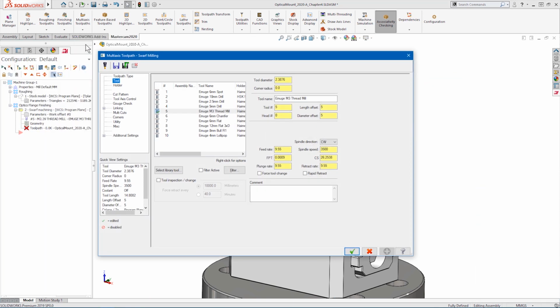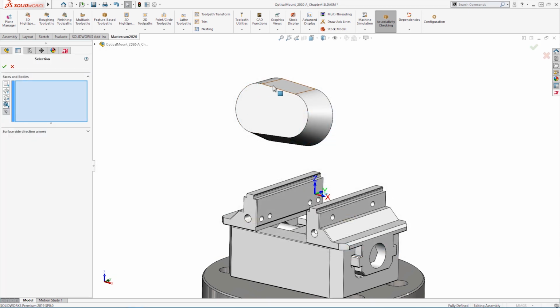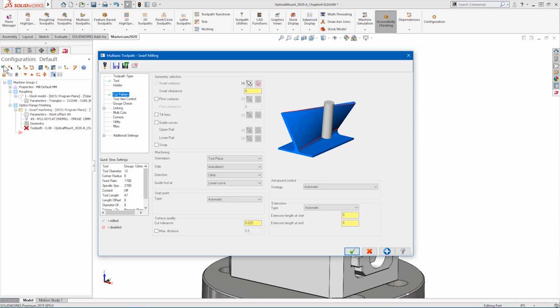First, we will open our Swarf toolpath and select a tool with a long enough flute length to machine the edge. On the second page of the operation parameters, we can select SOLIDWORKS solid faces to be used as drive surfaces. Because this is a SOLIDWORKS model, any changes to these original faces will prompt an immediate change to the Mastercam